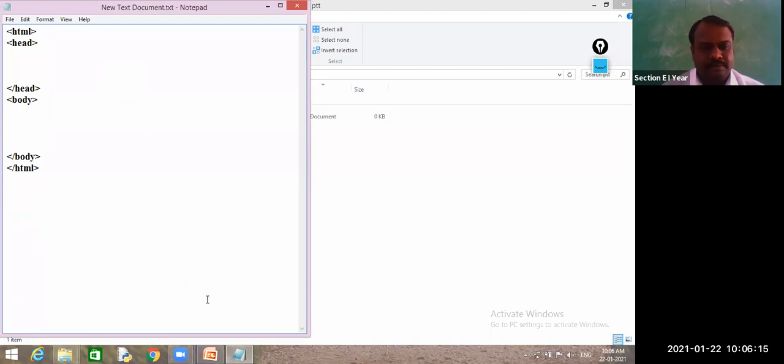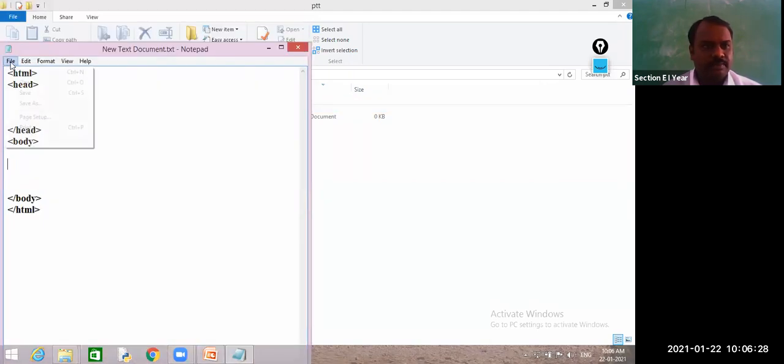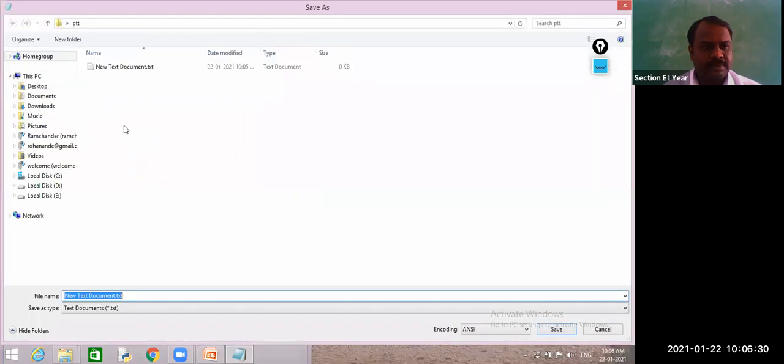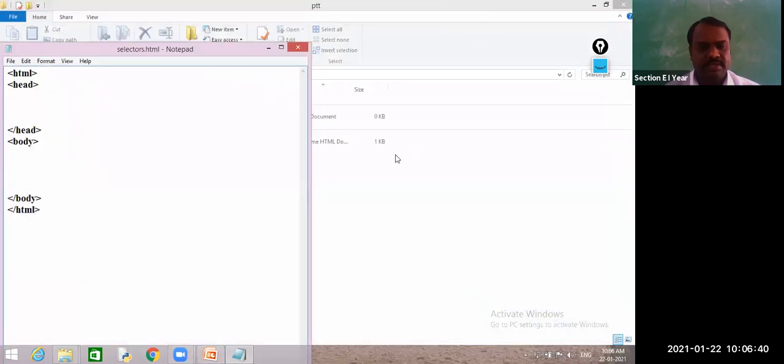Now we will start writing. First we will write some basic text. And first we will save this program. Save as selectors.html, and all files. I have saved this program.